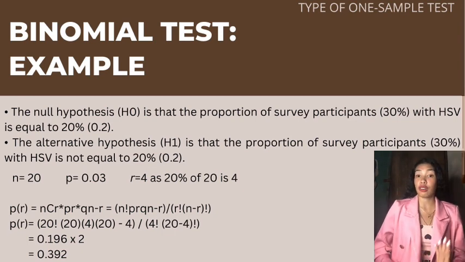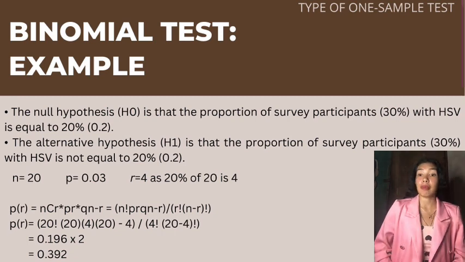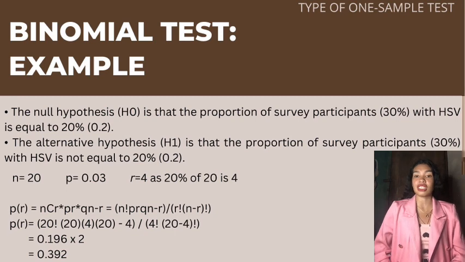Suppose in the survey, it was found that 6, or 30%, of the 20 participants had HSV. So the probability of a given survey participant having the disease is therefore P is equal to 0.3. Suppose also that a previous survey found the prevalence of the HSV to be 20%, or this could be from the same population or a comparable population. So the researchers use this as the hypothesized value on which to run the binomial test for the current survey